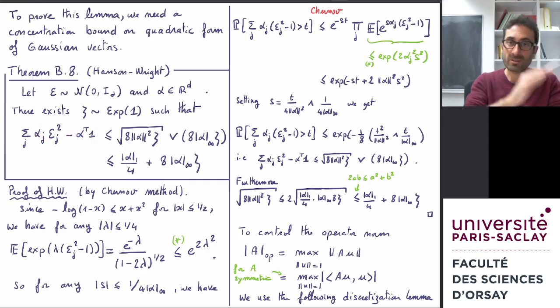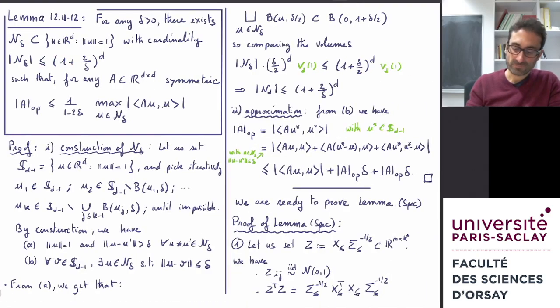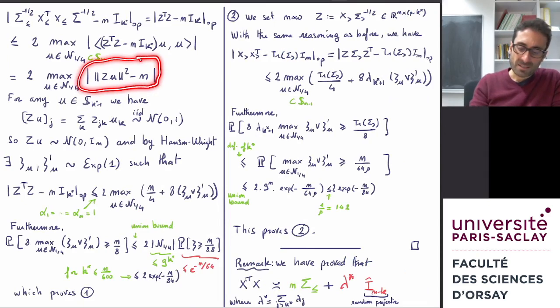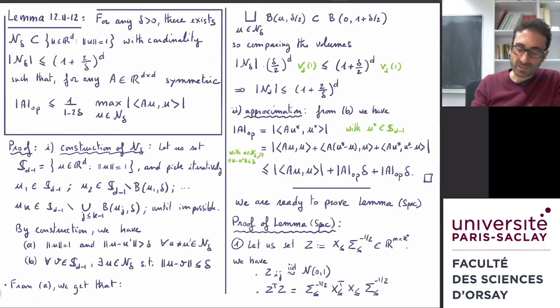So I will have an upper bound on the other side. With the Hanson-Wright inequality, for each u, I can upper bound this by the L1 norm of alpha over 4. Since all my alpha are equal to plus 1 or minus 1, this will correspond to n over 4. Plus, I remind you,